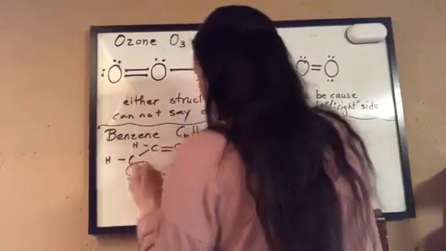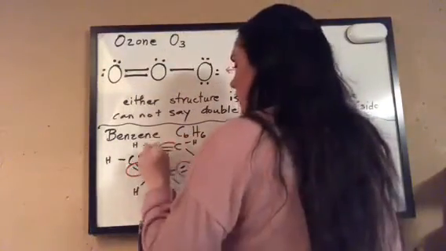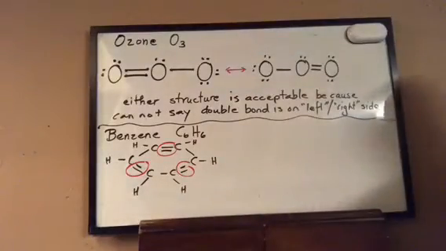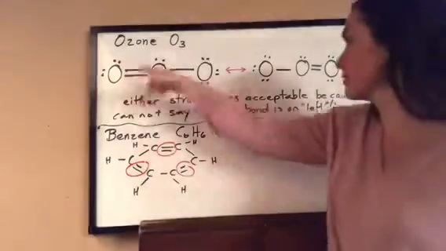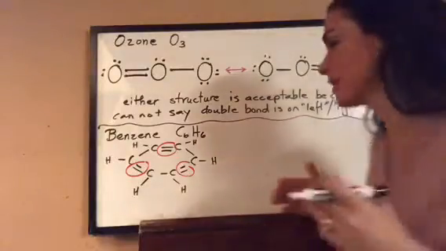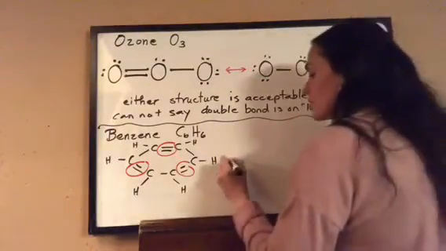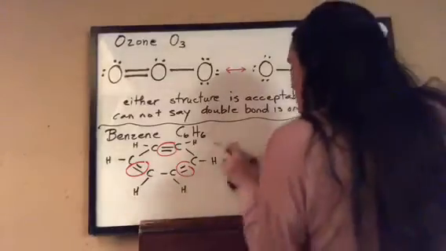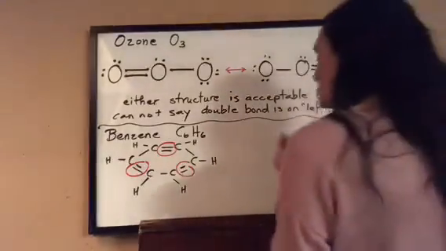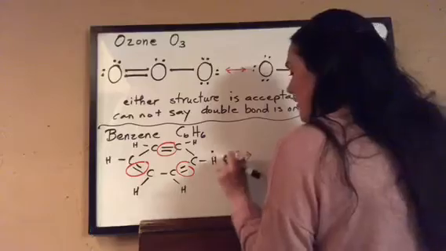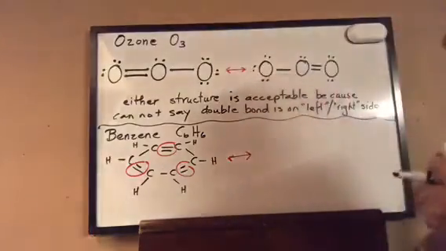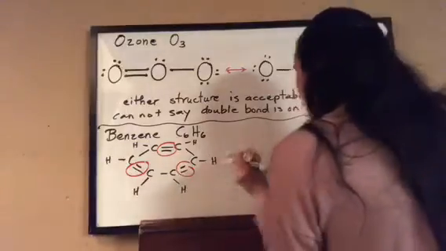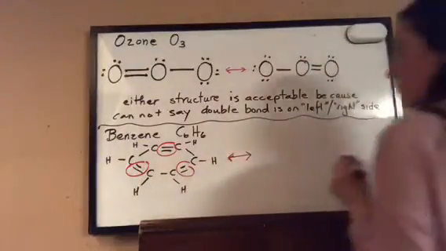We're going to see in the next chapter that those electrons are not localized, just like they weren't localized here. They're delocalized. So we need another resonance structure to show that the double bonds can be located between the other carbons where the single bonds are represented. So the resonance structure for benzene